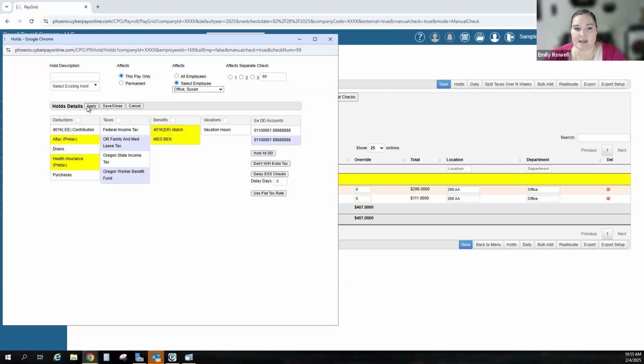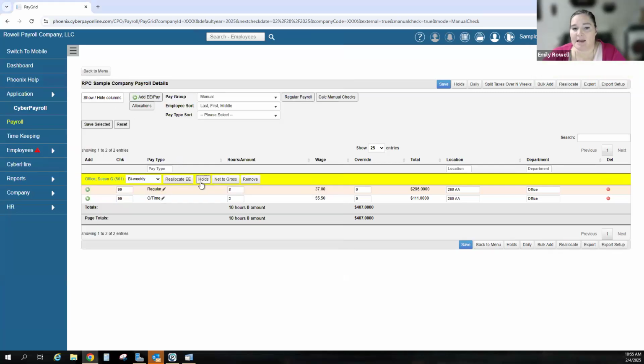So I'm going to select those, and then I'm going to hit this apply button right here. So it's going to apply our deduction holds, and then I can save and close. And I have successfully put a hold now on any deductions or benefits that we'll try to calculate on this manual check I'm doing. So once I have the manual check entered in, I'm going to come here to where it says Calc Manual Checks. So once I click on that,